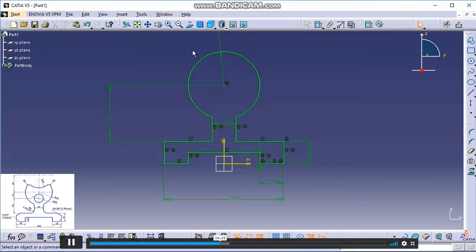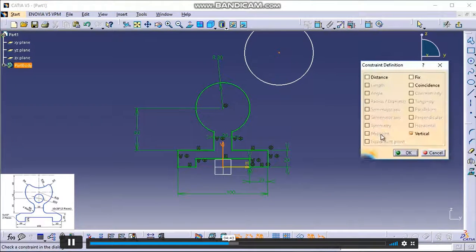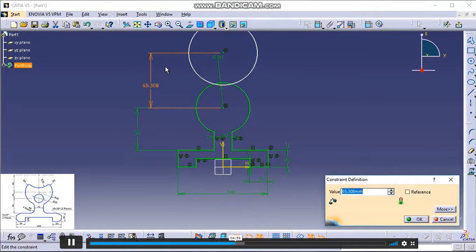Now let us create a circle for creating this arc. I'll take a circle somewhere here. Prevent these constraints, otherwise it will create a problem. This point on this vertical axis, coincident. Dimension between this center point and this center point is of value 40.